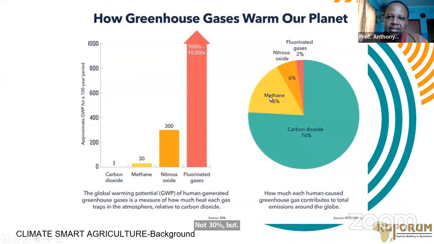Even though it is less, it is much more dangerous. When it comes to nitrous oxide, it is 300 times more than carbon dioxide in holding heat within our atmosphere. So the more methane we pump out into the air,